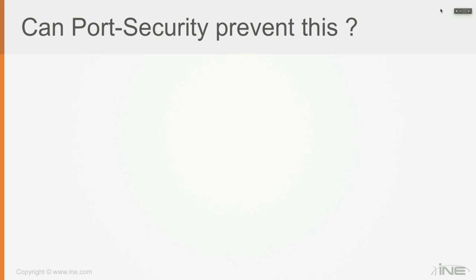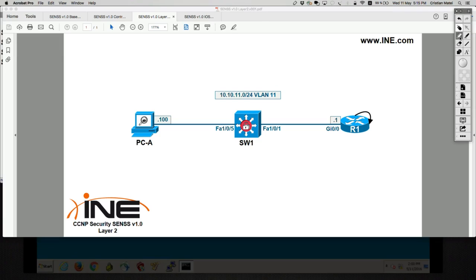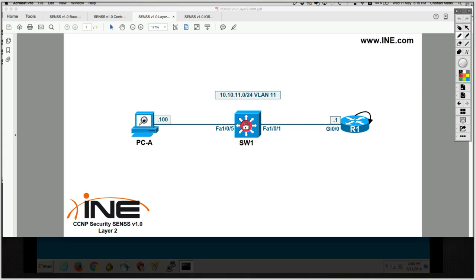So what are the solutions? And the first question is, can port security prevent this? Because technically speaking, you might believe that, okay, let's speak about the first attack where the attacker was connected in here, on that port,